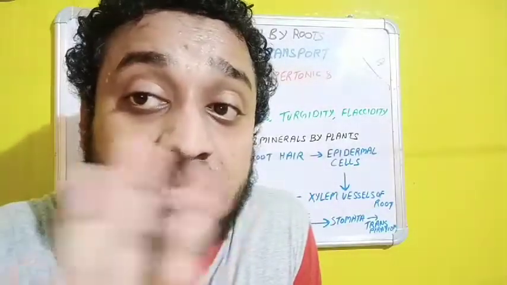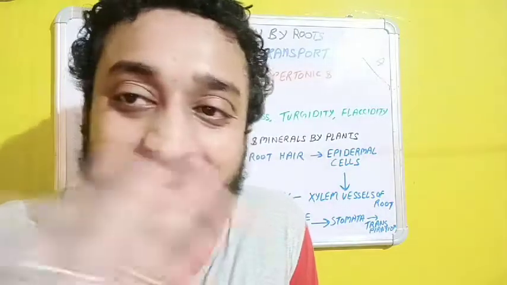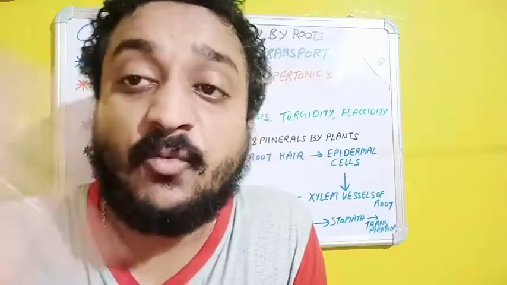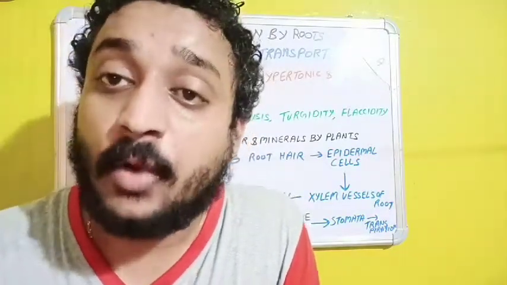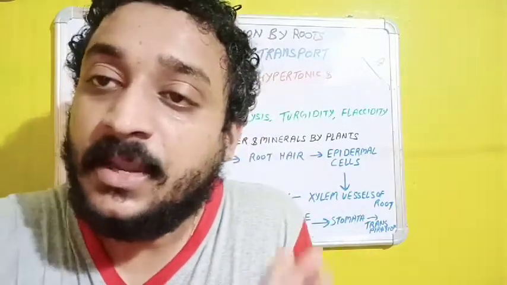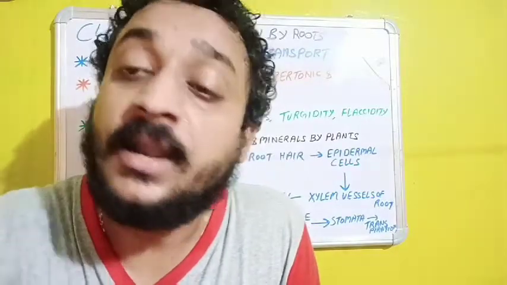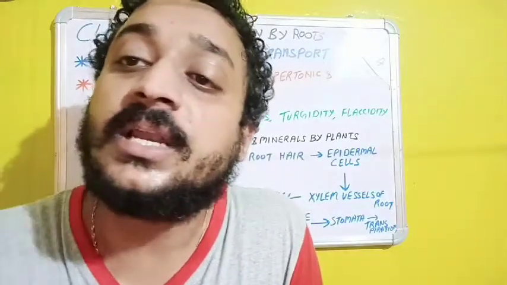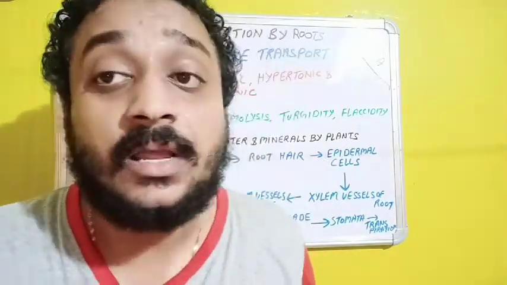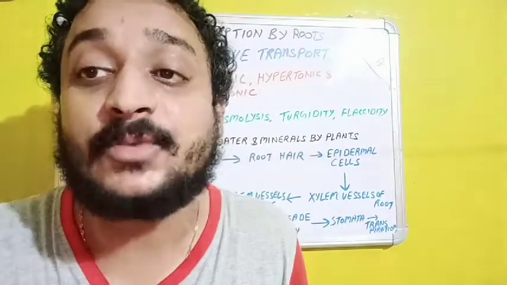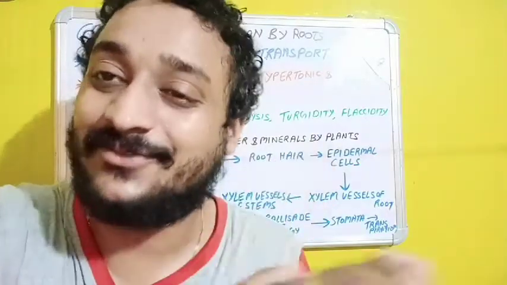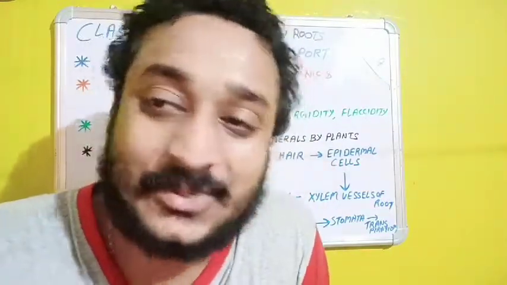So there is no concentration gradient. There will be no net movement of water or of any solvent or molecules, neither from the beaker to the thistle funnel nor from the thistle funnel to the beaker. If there is any movement, it is negligible, and both sides will share the same amount of movement of the solvent or molecules, because their osmolarity or concentration is the same. So there is no gradient that will allow flow from the beaker to the thistle funnel or from the thistle funnel to the beaker. That is what an isotonic solution is.